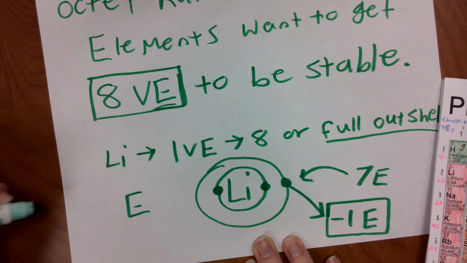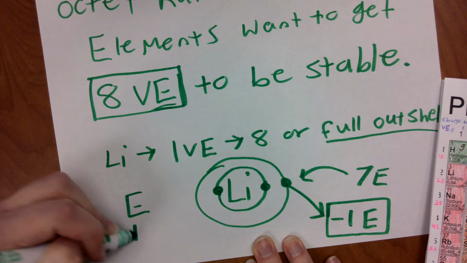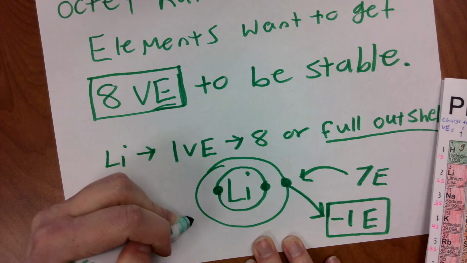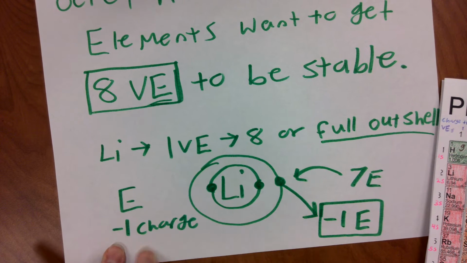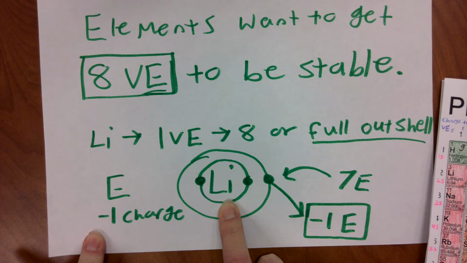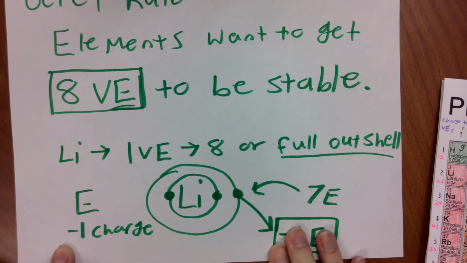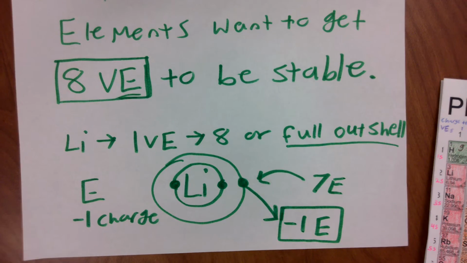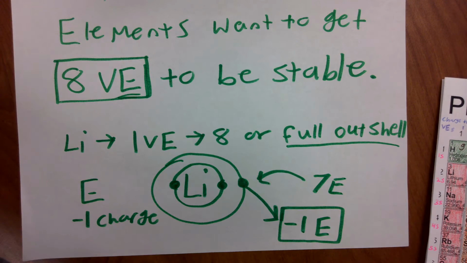Electrons have a negative charge. So when you get rid of something that's negative, your overall thing becomes positive. Because it's just like in math, if you take